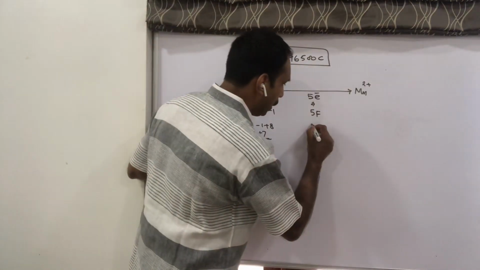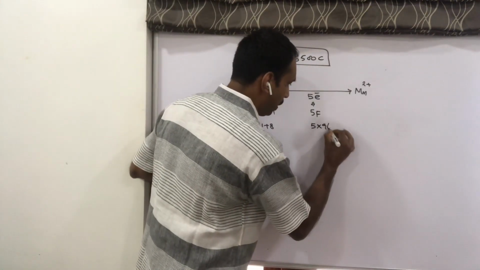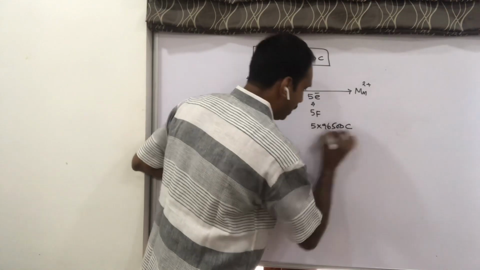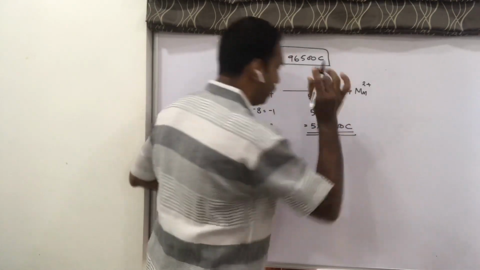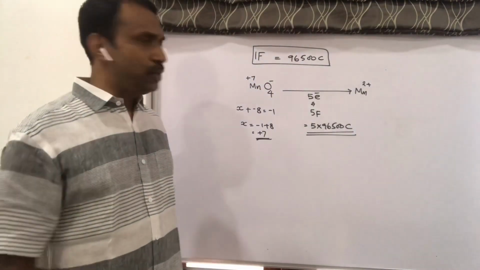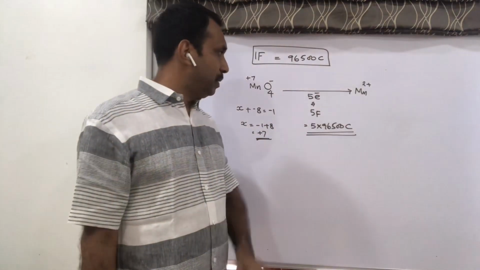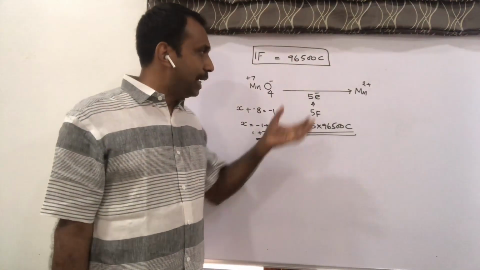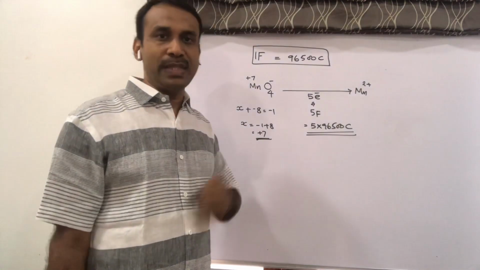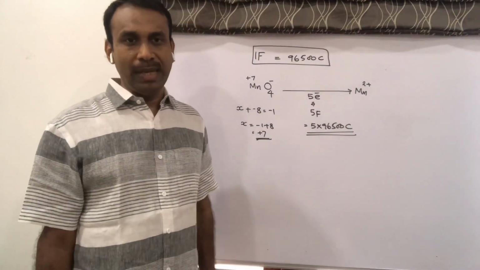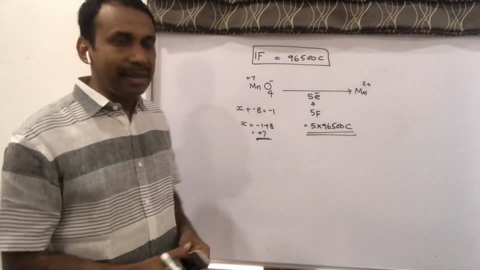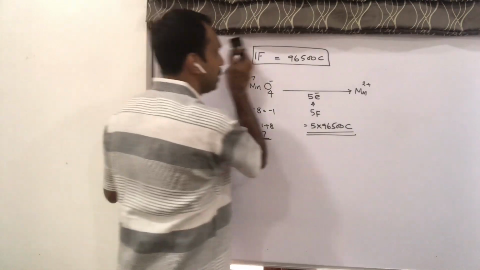To convert into coulomb, we know that is 5 into 96,500 coulomb. Now here is the final answer. Clear? You see, the number of Faraday can be calculated by this method. To make it more clear, consider another example. You see,